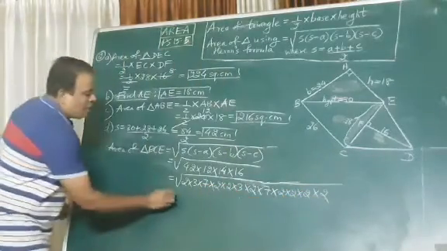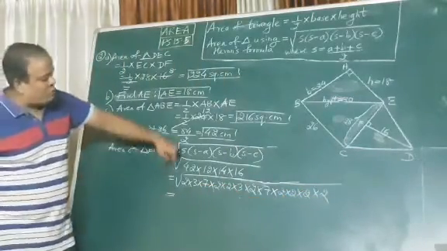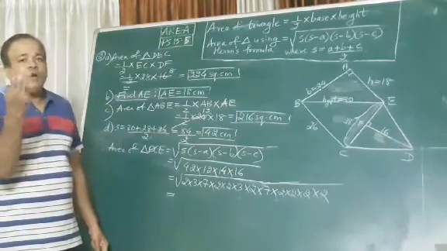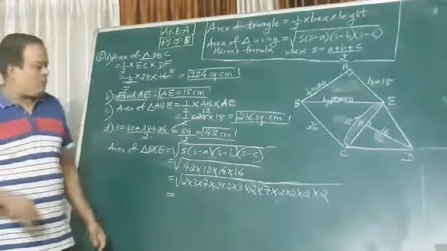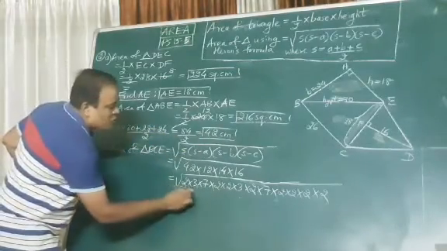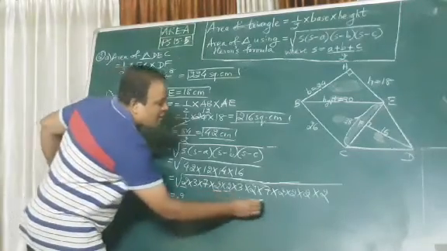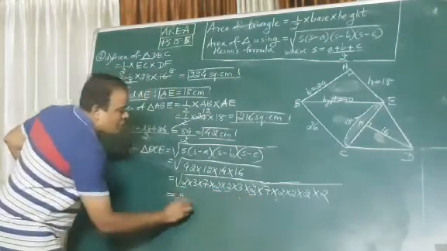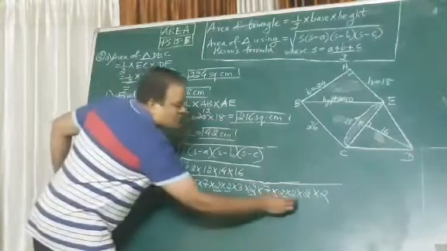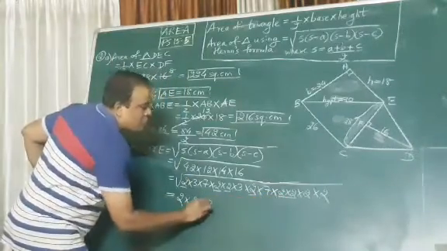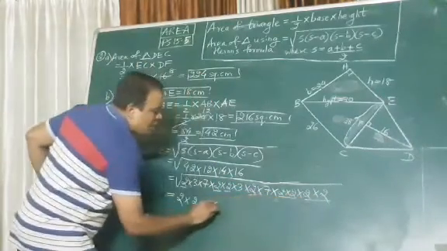Now I have to remove the square root. I told you what to do. Out of every pair of 2s, you remove 1 out. So how many 2s are there? 2 2s, 1 and 2. So I remove 1 2 out. Then here also 1 and 2, so I remove 1 2 out. Out of these 2 2s, I remove 1 2 out. Then out of these 3 2s, I remove 1 2 out.